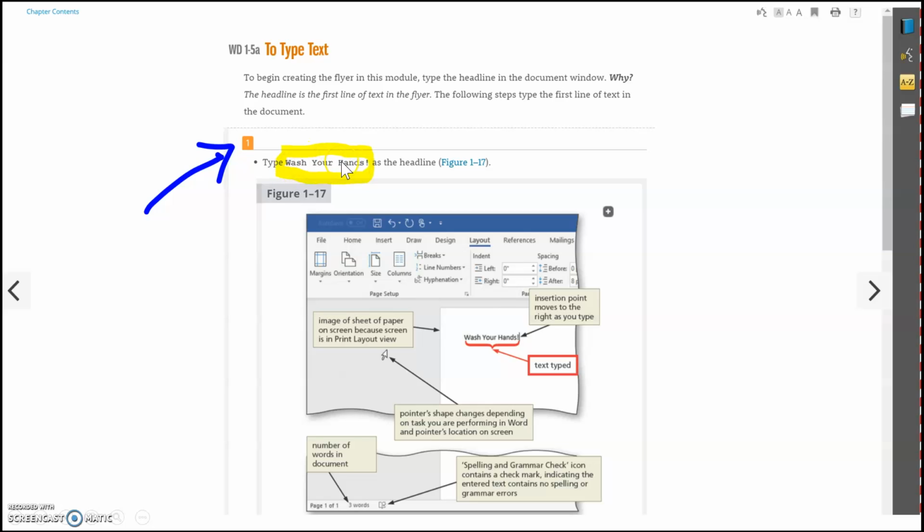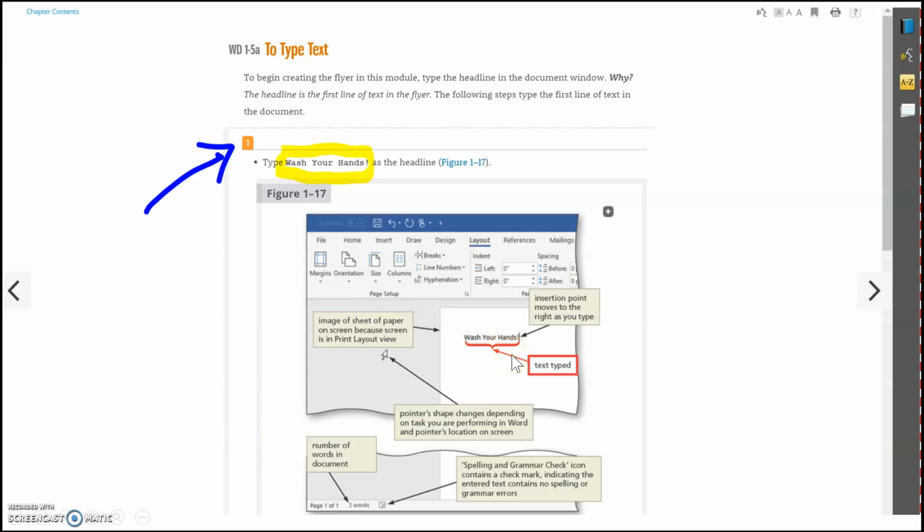This is when it wants you to actually type things in to the document that it gave you. That first document that you downloaded was actually a blank document provided to you by SAM, MindTap Cengage, and they want you to type these words in there. So you would begin these steps with that, and then step 2 below was going to be to press enter,